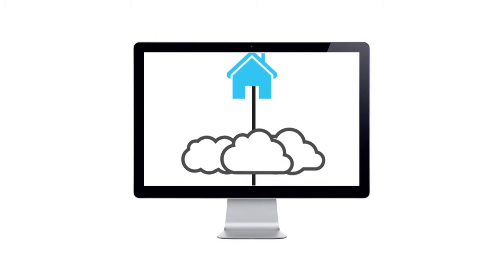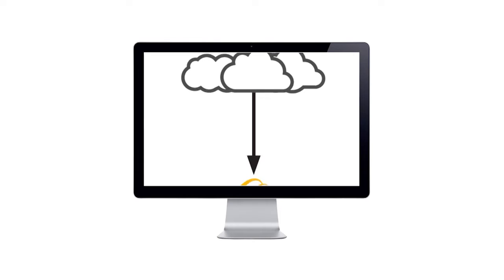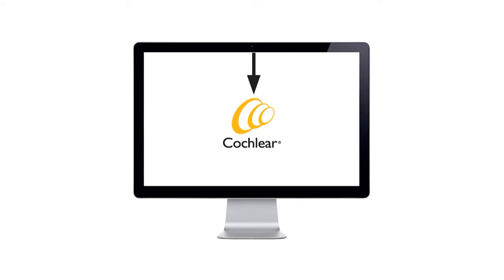Well, Cochlear Link is a new opportunity to partner with the clinic so that we can both provide a great experience for our recipients and get them into sound as quick as possible. I love Cochlear Link. I'm not going to be technical on it, but there's a cloud up there and it allows all of our maps, all of our software to be saved in the cloud